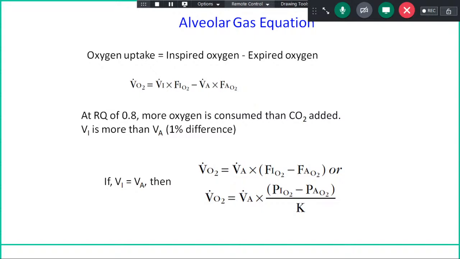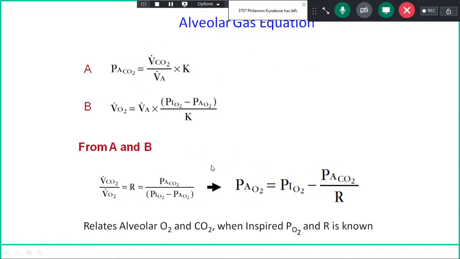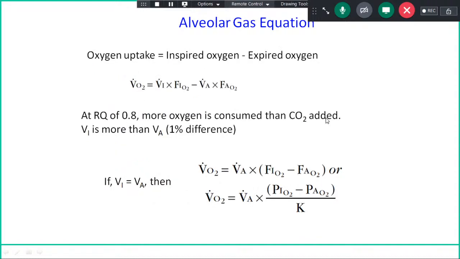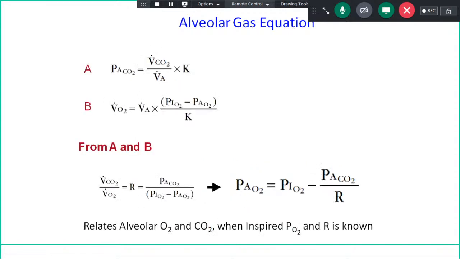That partial pressure of a gas is directly proportional to the fractional concentration. So we replace them with the partial pressure values, and as a result finally we arrive at the alveolar gas equation. Now if you remember this particular step, that is VO2 is equal to VA into PiO2,